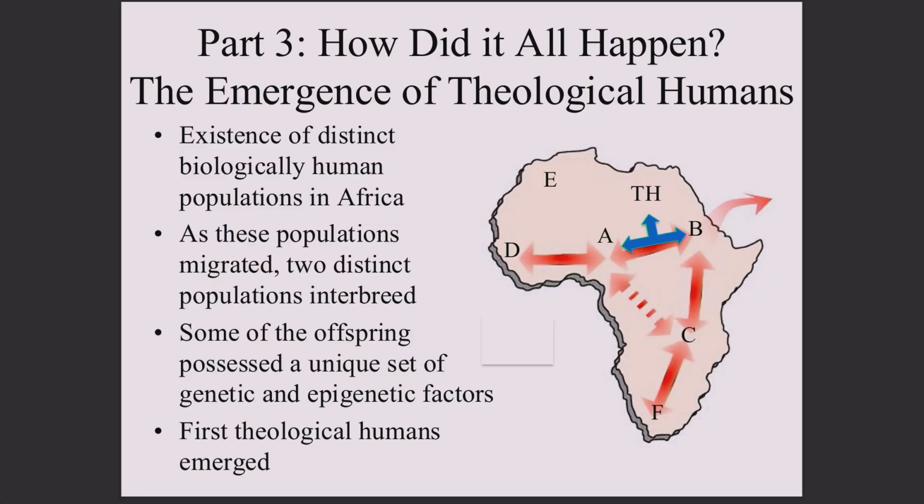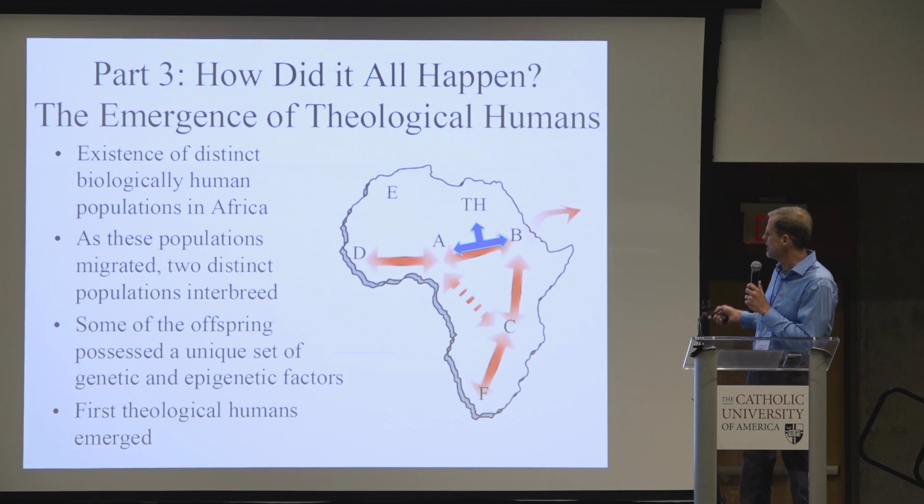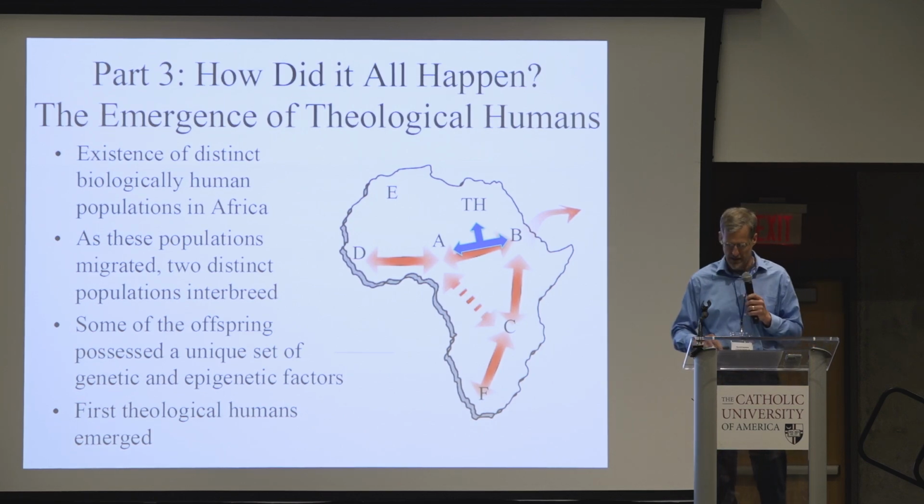Okay. So to finish, let's talk about how it might all have happened, given the sporadic and mosaic nature of the fossil record. How might the first humans have emerged? I think one of the most likely scenarios is something like this. You have the existence of distinct biologically human populations in Africa, an East African population and a Southern African population, and they're migrating back and forth. As these populations migrate back and forth, they combine, there's gene flow between the two populations, and their offspring then are the type of thing